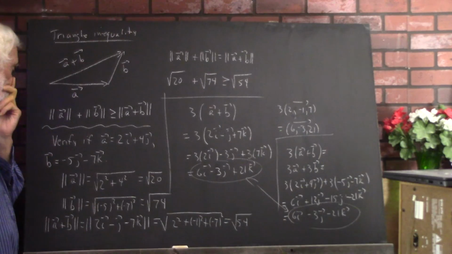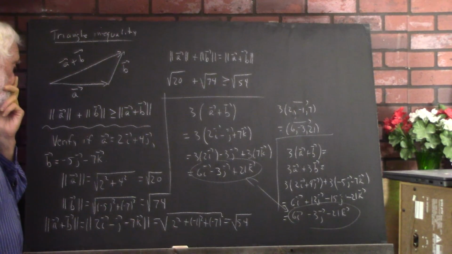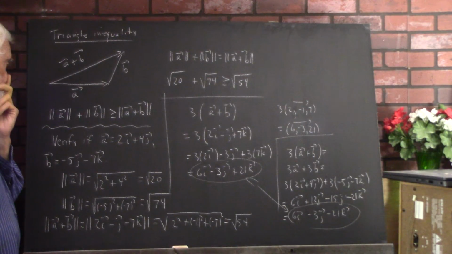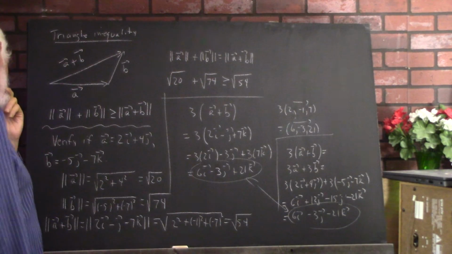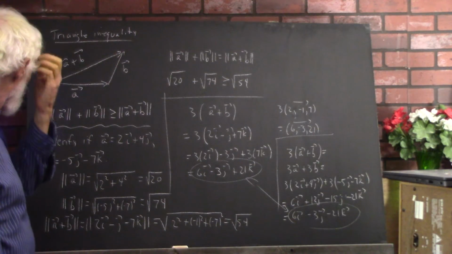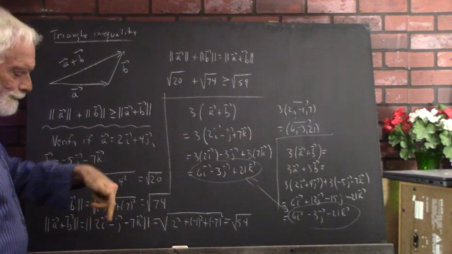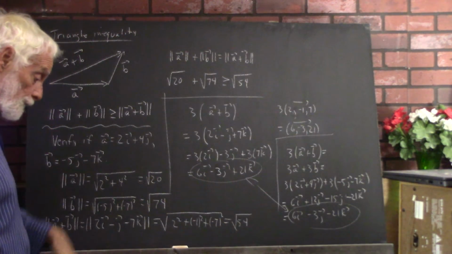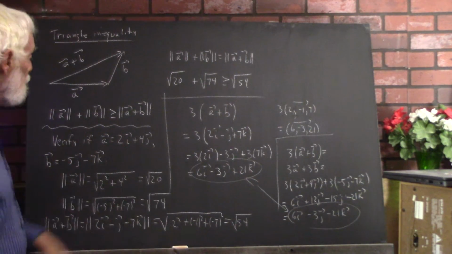What if I did something wrong? Yeah, actually my k vector was in this direction down here. Okay, well,